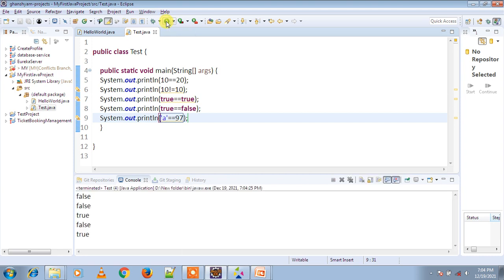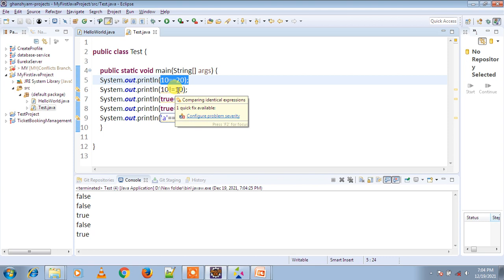Let's see the result of the first expression. 10 equal to 20? No, so the result will be false. Second expression, 10 not equal to 10, is false. Why? Because 10 equals 10, but we are applying the not equal to operator, that's why it gives the result false.